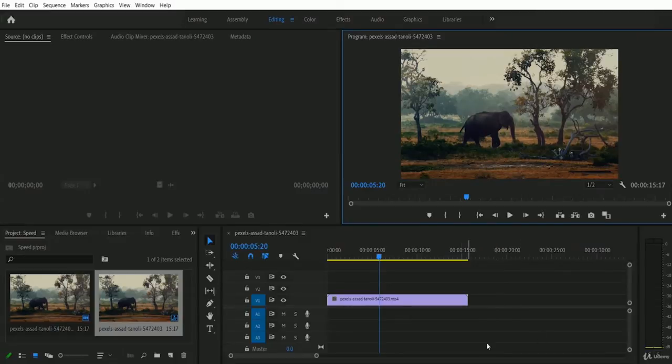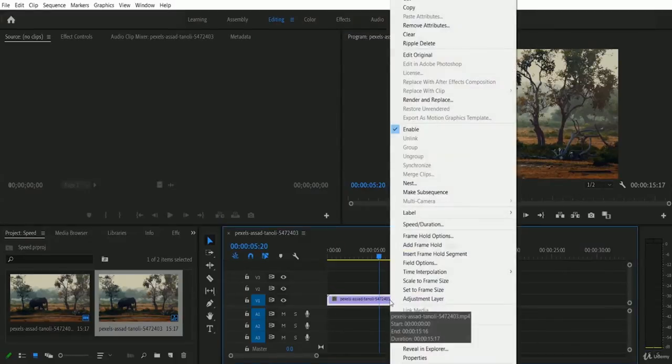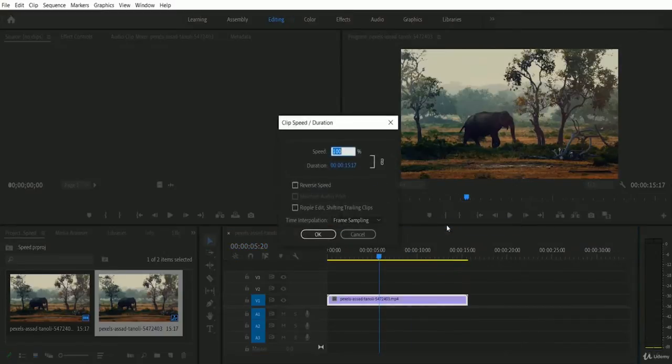To increase the speed, you just have to right click with your mouse on the video file, and then you will get this speed or duration option. You just have to click over here, and then a pop-up will appear. Right now we have 100% speed and the duration is 15 seconds. We are going to increase the speed of the walking elephant, so we have to increase the speed. Right now we have 100% speed, and I'm going to make it